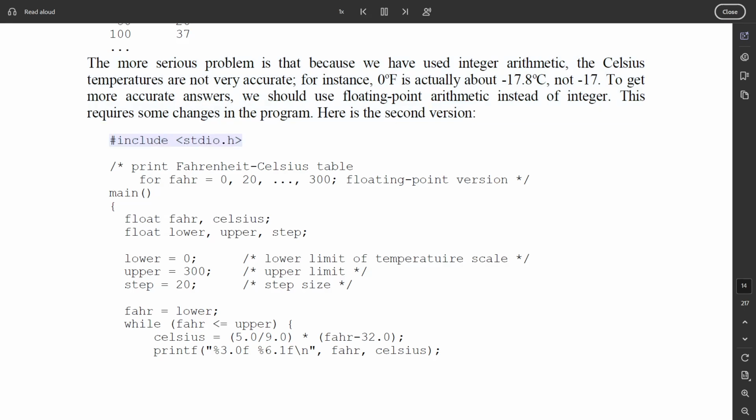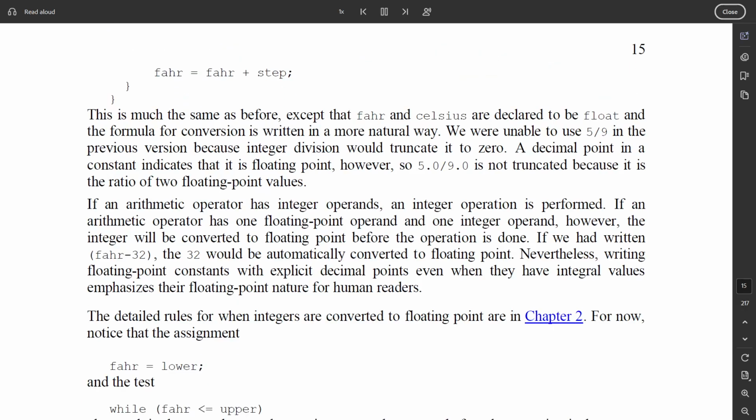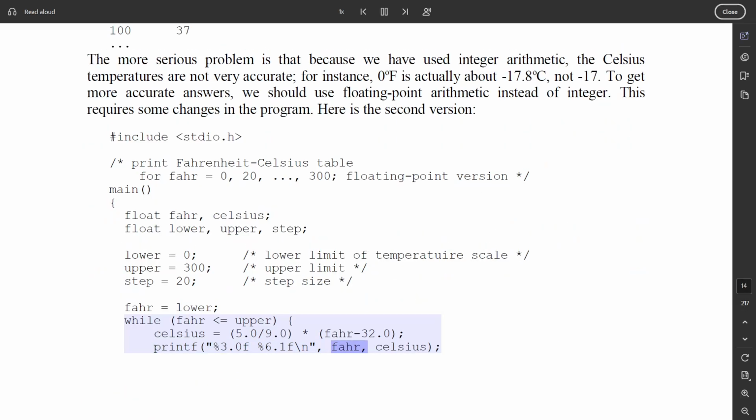#include <stdio.h> /* print Fahrenheit-Celsius table for fahr = 0, 20, ..., 300; floating-point version */ main() { float fahr, celsius; float lower, upper, step; lower = 0; /* lower limit of temperature scale */ upper = 300; /* upper limit */ step = 20; /* step size */ fahr = lower; while (fahr <= upper) { celsius = (5.0/9.0) * (fahr - 32.0); printf("%3.0f %6.1f\n", fahr, celsius);